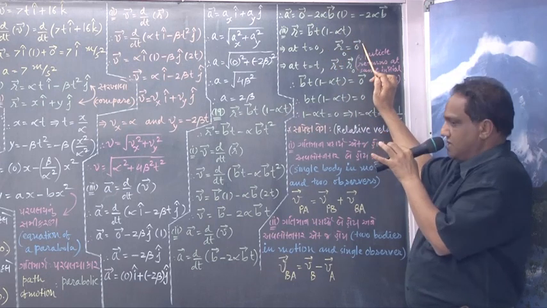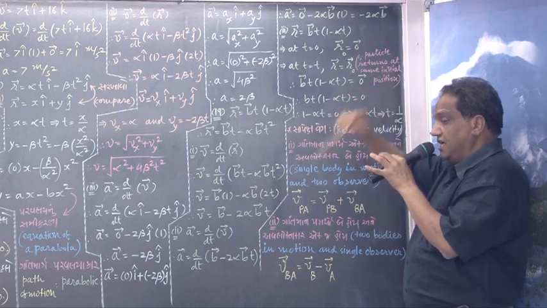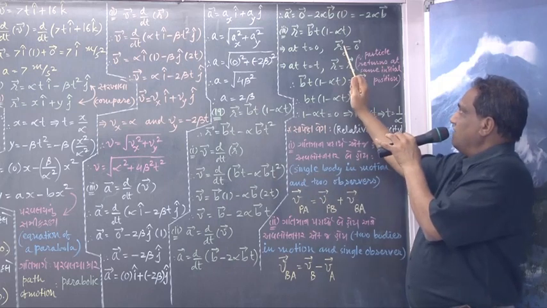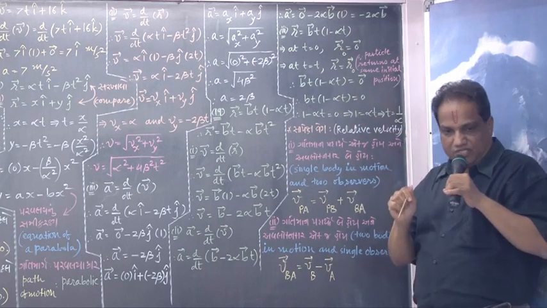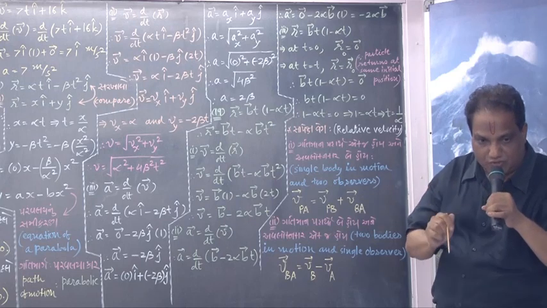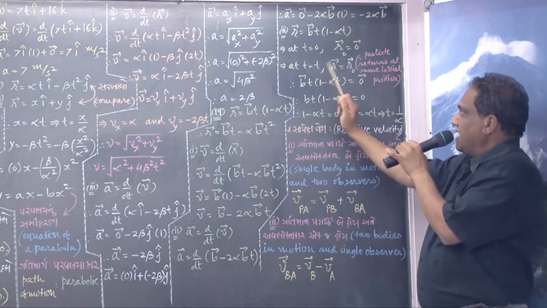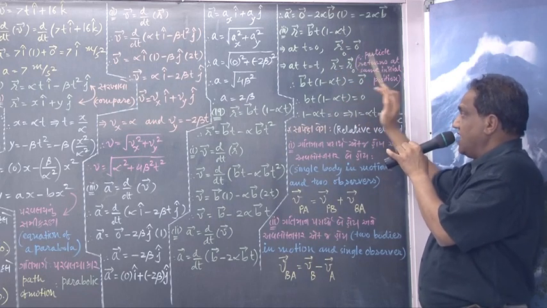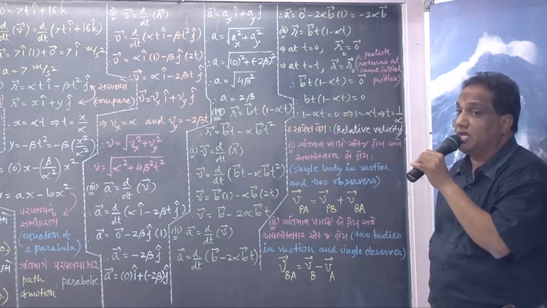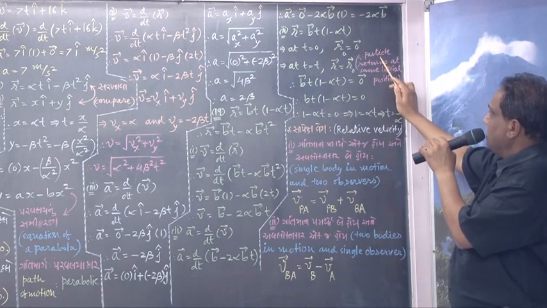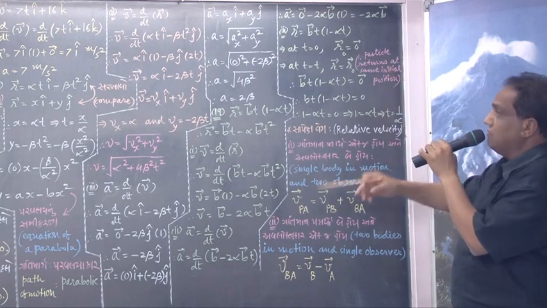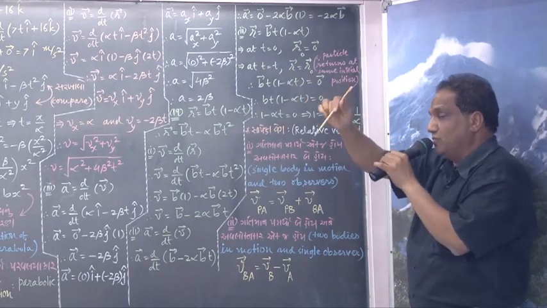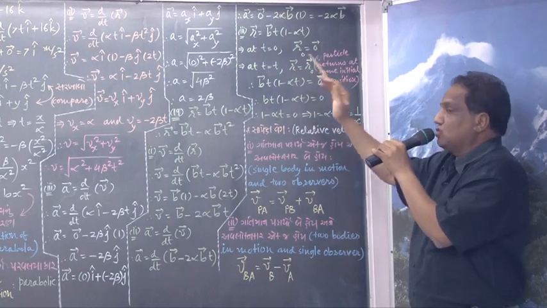So I am writing the 0 vector. The position vector of a particle at time t equal to 0 is called the initial position vector, so we should write vector R0, why 0? Because it is at time t equal to 0. Now at the end of t time, if the final position vector becomes equal to the initial position vector, then you can say the particle has returned to its initial position. In bracket I have given the reason: particle returns to the same initial position. Final position and initial position are superposing at the same point, so their position vectors also must be the same.